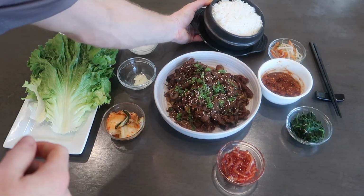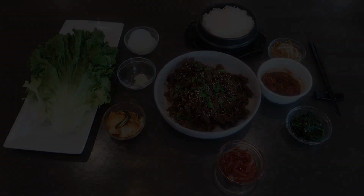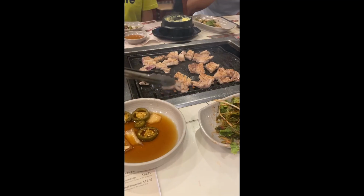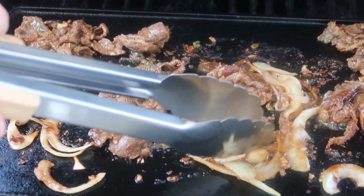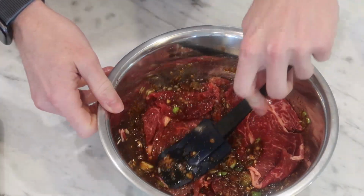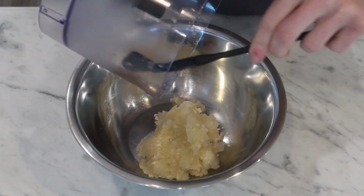I cannot believe it took me this long to do this. I'm not nearly secretive about the fact that my favorite food comes from Korea, and specifically my favorite food experience is Korean barbecue, and even more specifically within that, my favorite singular food item is bulgogi. There's just something about that thinly sliced yet super flavorful ribeye, really quickly marinated with Korean flavorings and then grilled